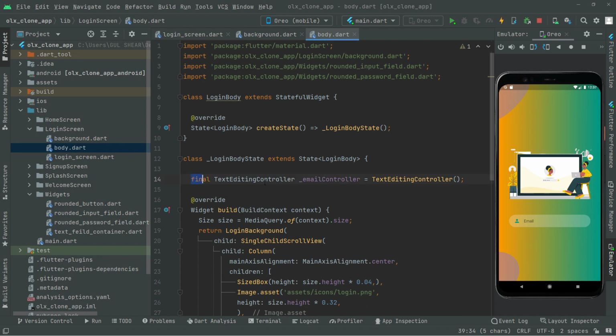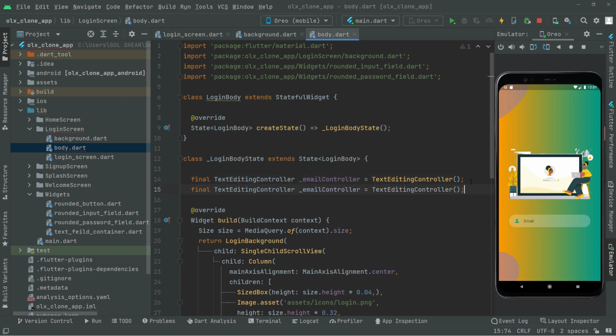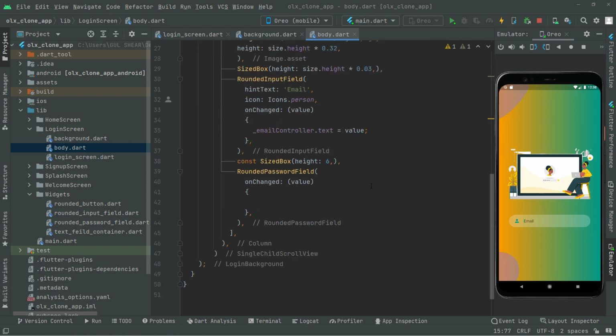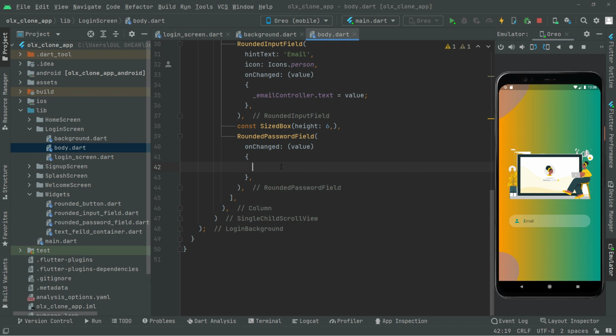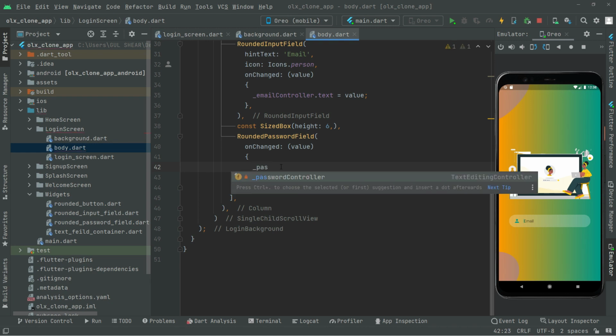In here, copy that from here, in here paste it. Now in here we will just change the name to password controller. All just fine. Scroll down, and in here we'll say password controller dot text,